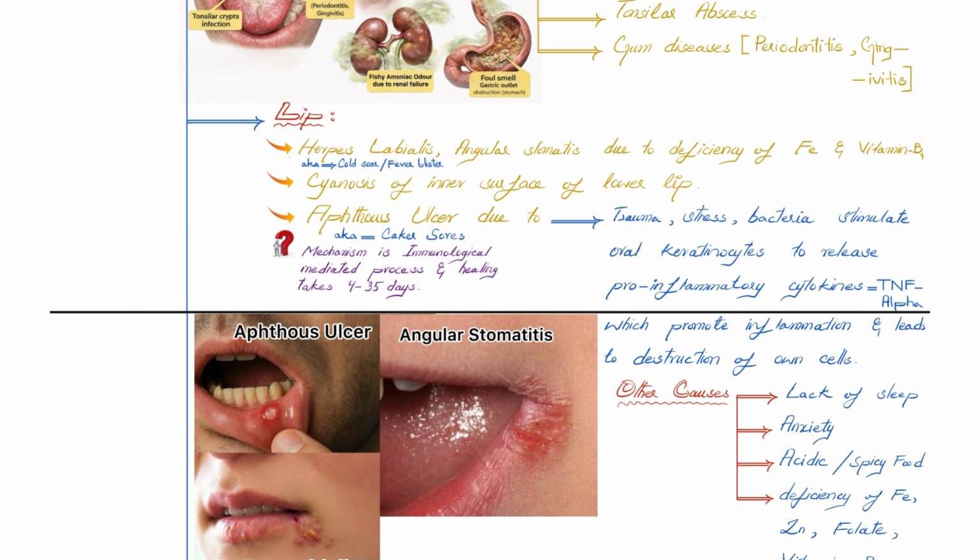The mechanism of aphthous ulcer is totally immunological, and its healing takes almost 4 to 35 days, and it is extremely painful. The cause of aphthous ulcer is trauma, stress, anxiety, and bacteria, and they can stimulate the oral keratinocytes to release pro-inflammatory cytokines like tumor necrosis factor alpha, and these cytokines promote inflammation and lead to destruction of unhealthy